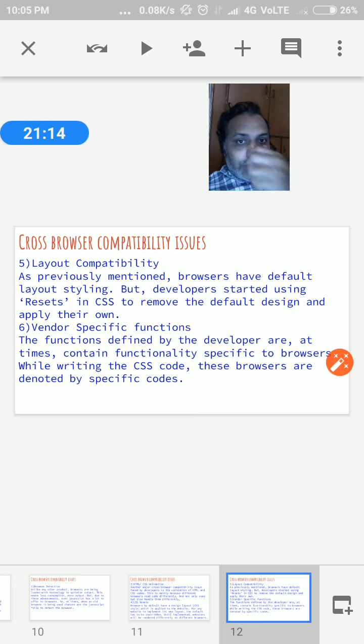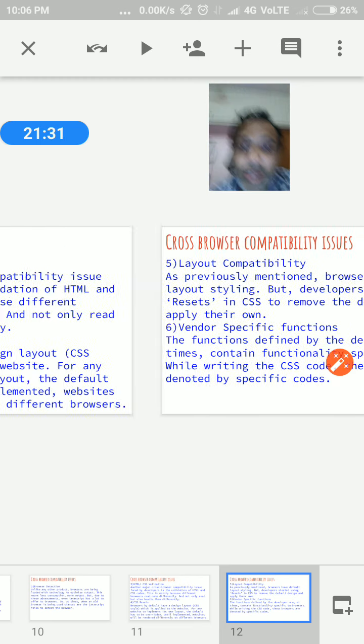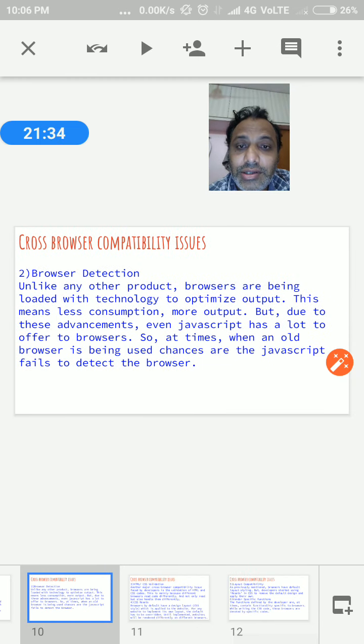Already we discussed all the 6 points. Again, one or two more issues are there, but that is enough for this particular topic. The question that is asked a number of times is: what is meant by cross browser compatibility issues?